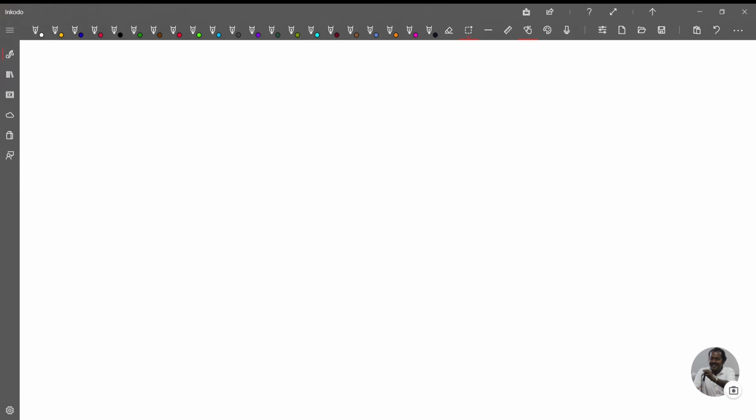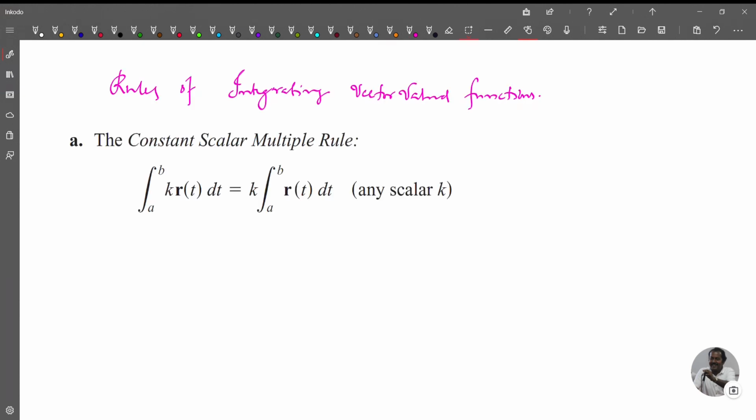Welcome to today's class on vector analysis. Today we discuss rules of integrating vector valued functions. First we discuss the constant scalar multiple rule. So we prove this. Let R of t